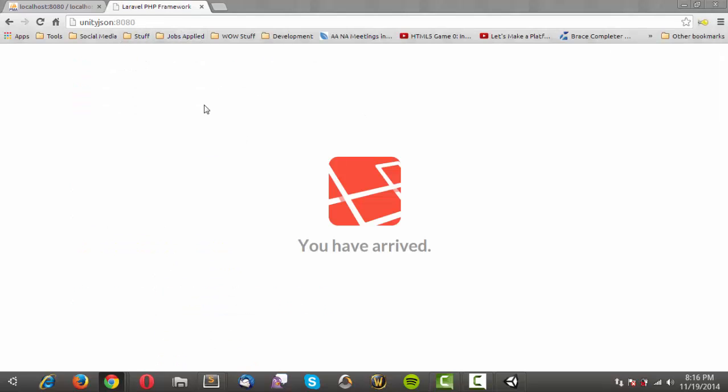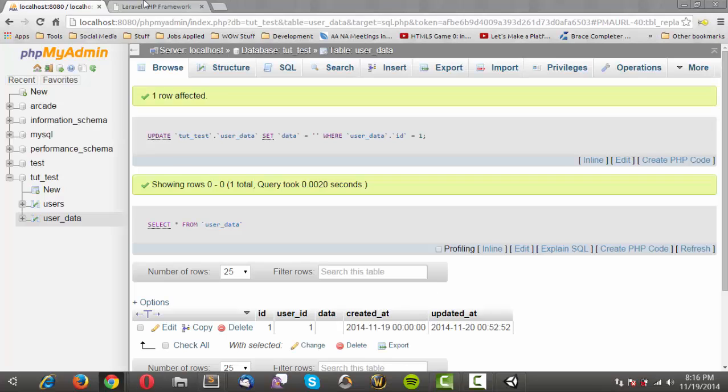Alright, so we can see that we have our default Laravel page. So we know we've installed Laravel successfully. Let's go ahead and create a database for that. So I'm going to come over into phpMyAdmin